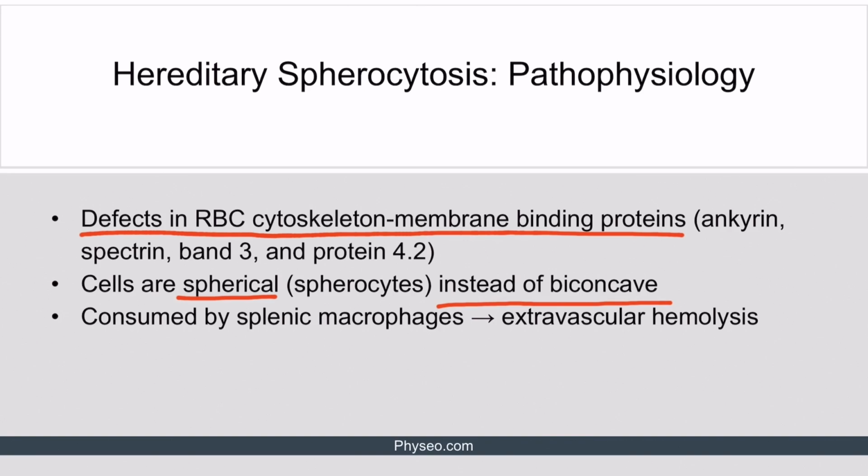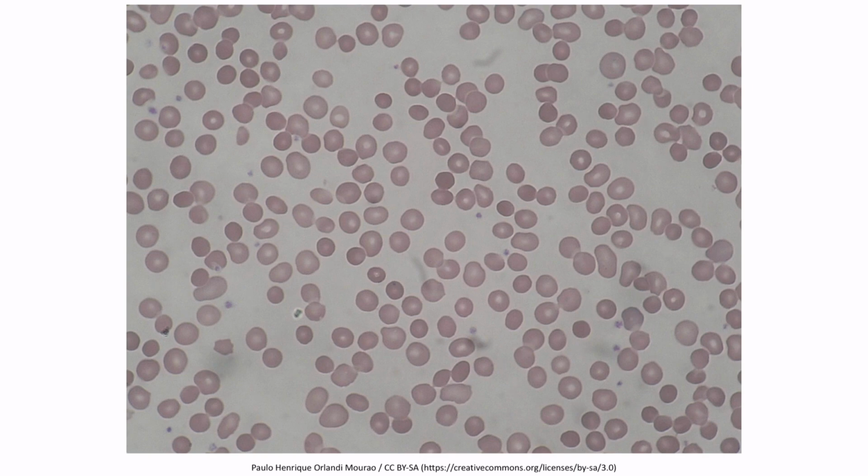Spherocytes are unable to pass through splenic sinusoids due to their relatively large size, so they're consumed by splenic macrophages, causing anemia due to extravascular hemolysis. This is a blood smear from a patient with hereditary spherocytosis. We can see many spherocytes, for example here. Notice that there is no central pallor in this red blood cell, and there are many around it that are